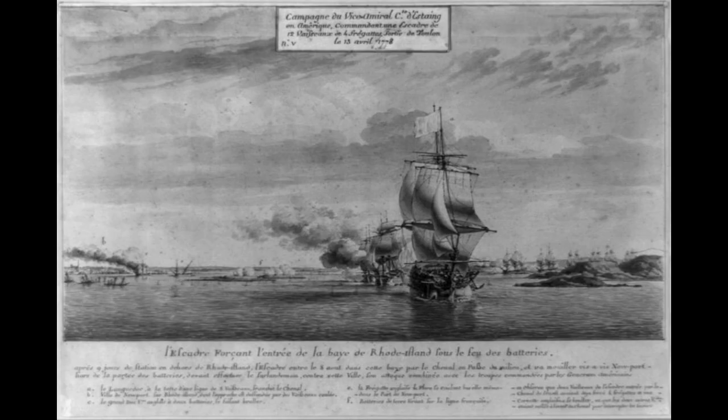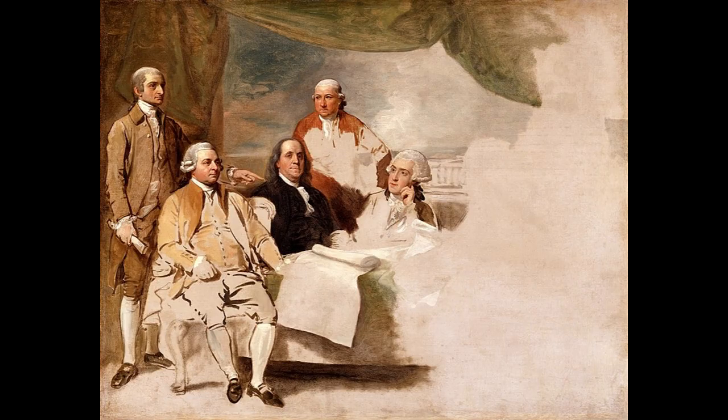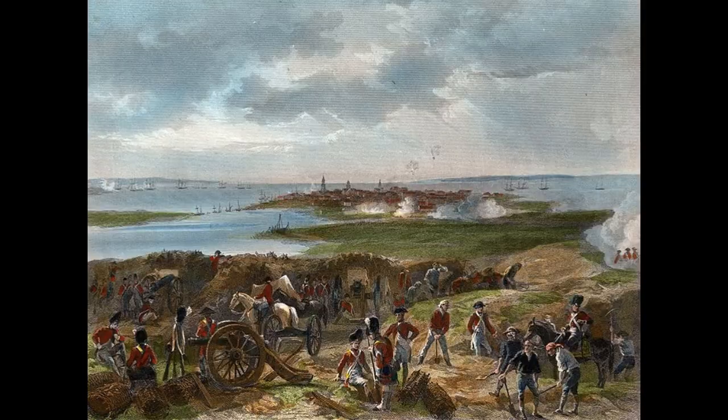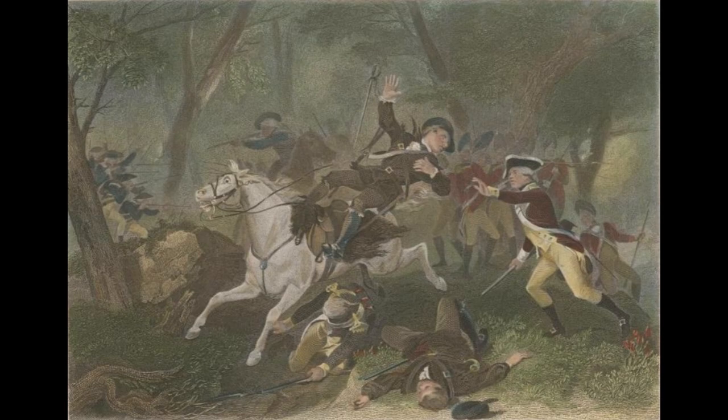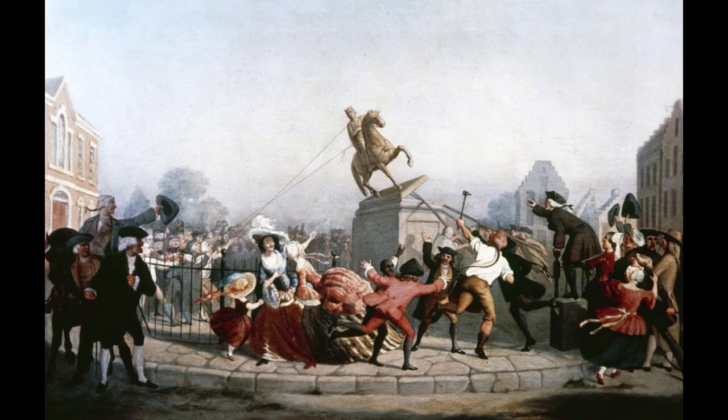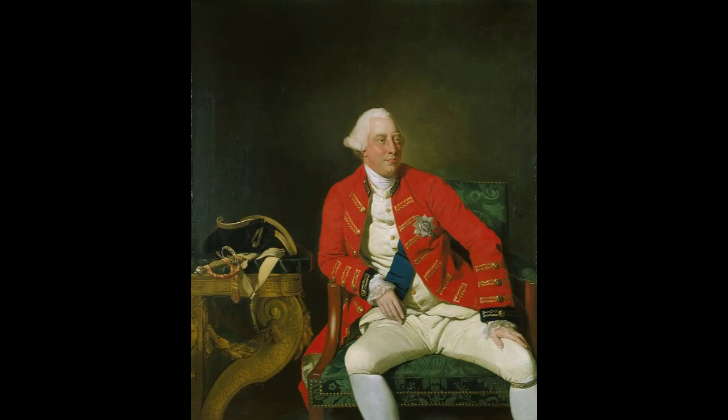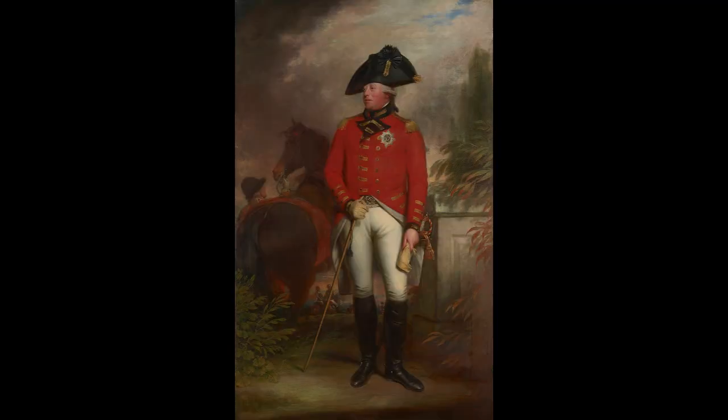When George III ascended to the throne in 1760, Britain was engaged in the Seven Years' War, which left the empire with significant debt. To recover financially, Parliament enacted a series of taxes on the American colonies, including the Sugar Act, 1764, the Stamp Act, 1765, and the Townshend Acts, 1767. These measures, designed to raise revenue and assert British control, were met with growing resentment in the colonies.